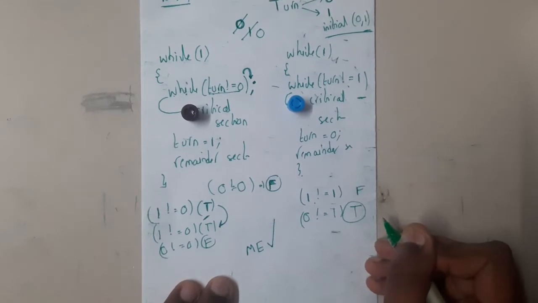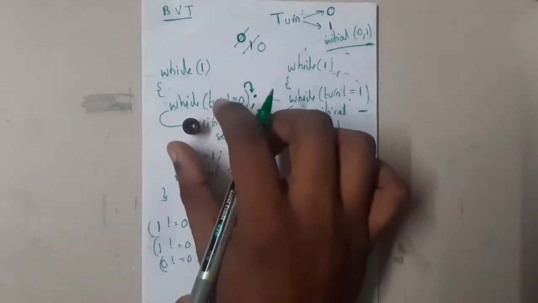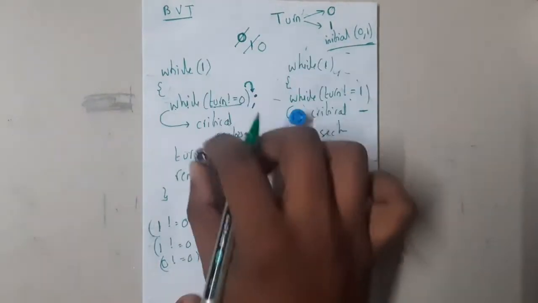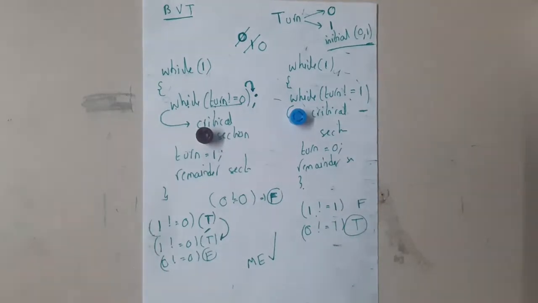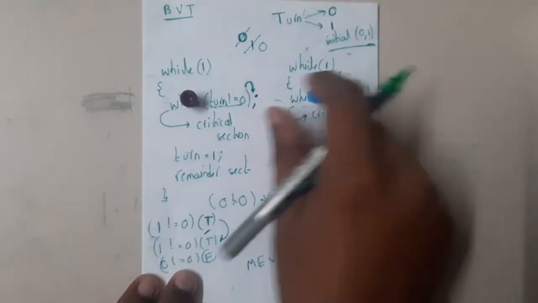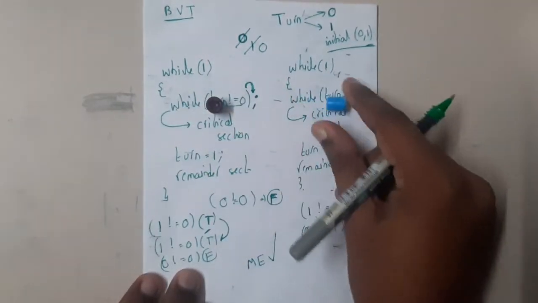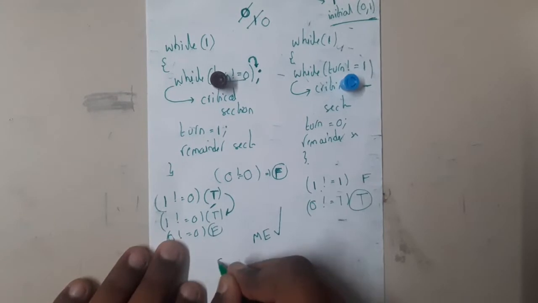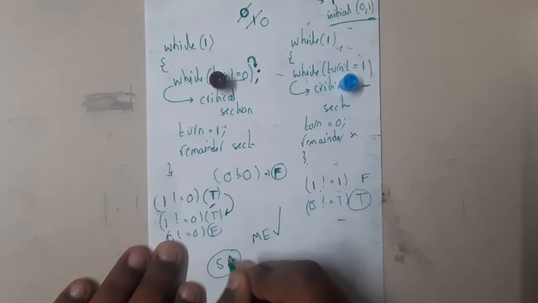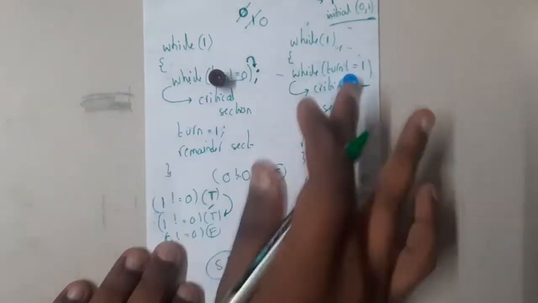Yes. And there is a small problem here, guys. So the problem here is, if I want to execute the brown guy 2 times, I can never execute it, guys. Always once the brown guy is executed, the blue guy should execute, then brown guy, then blue guy, then brown guy, then blue guy. So this is called strict alternation, guys. Okay, so basically strictly these two guys, one after the other, they should execute.